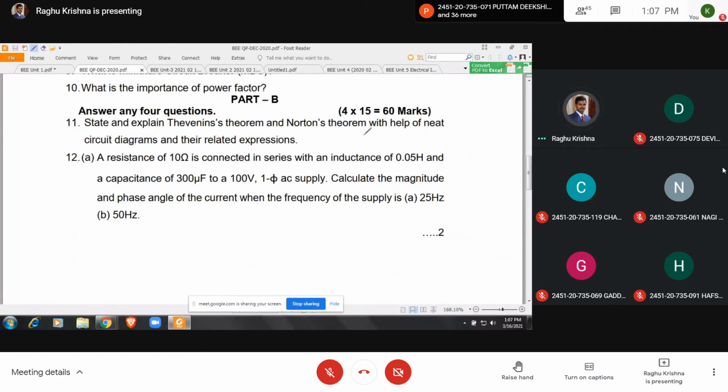Okay, the 11th one. So easily you can get 15 marks. It is asked, and Norton's theorem is also there, Thevenin's and Norton's theorem. After attempting the question, once again read the question. State and explain Thevenin's theorem and Norton's theorem. Coming to Norton's theorem, again we have